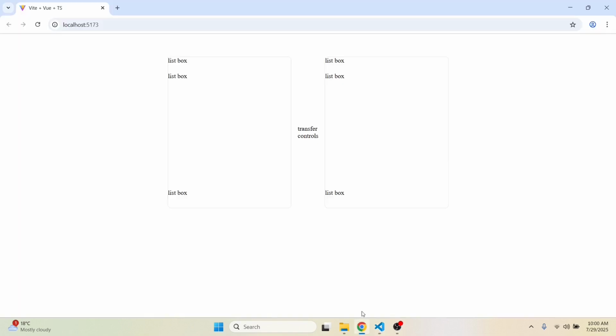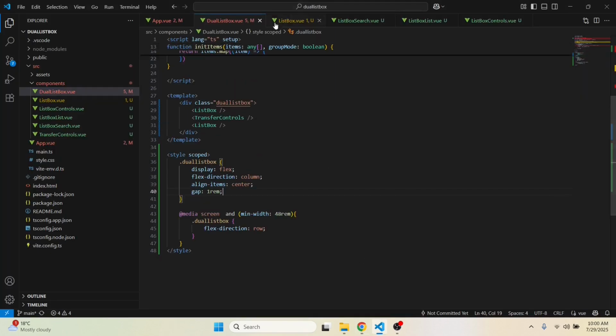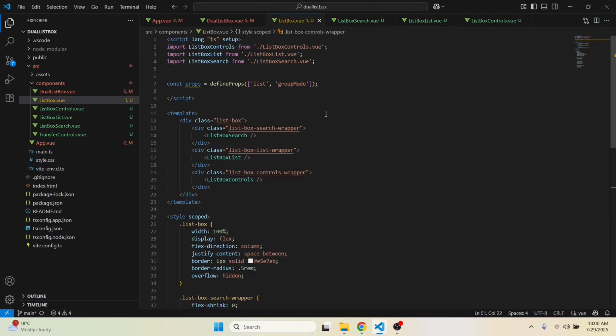All this to be responsive. You can see that right now this is looking just fine. We have the left list, the transfer controls, and then we have the right list. Now let's go back to our listbox.view. And the next thing that I want to do is to actually work on each one of those components from this